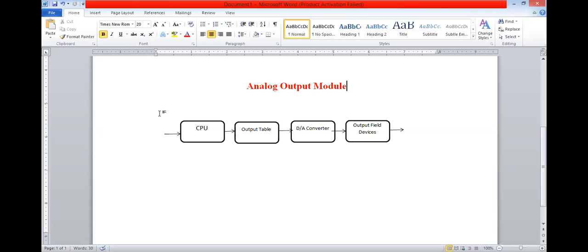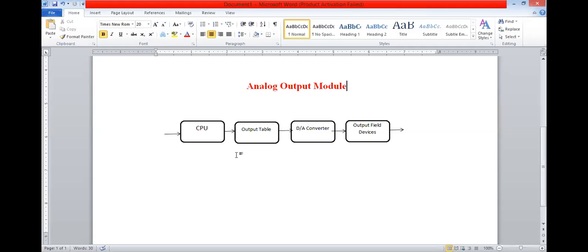It is then given to the output field device. The output field device is nothing but the device which is to be controlled. So in this way, the analog output module works. Correct. So this is your analog output module.